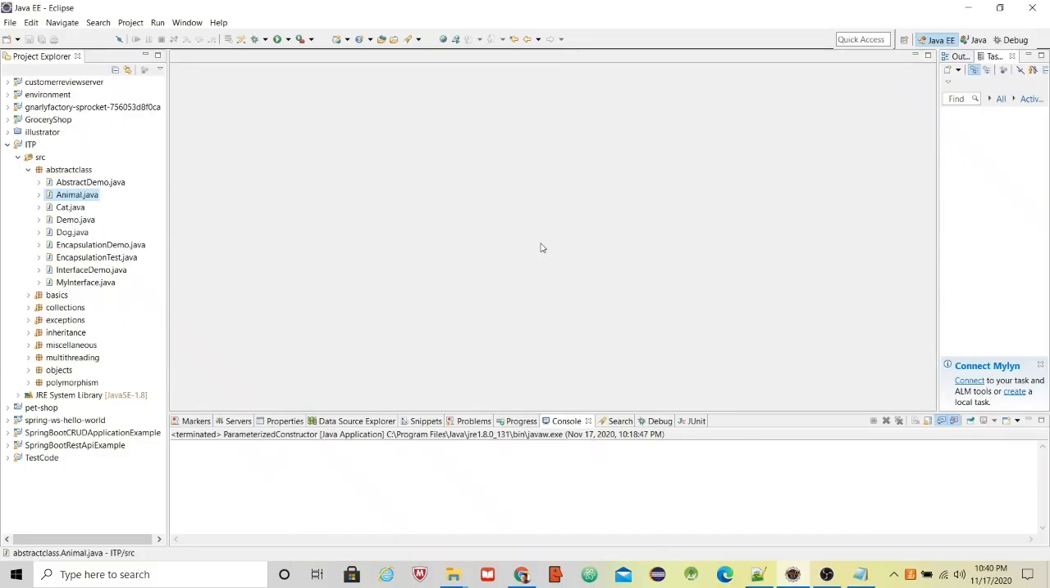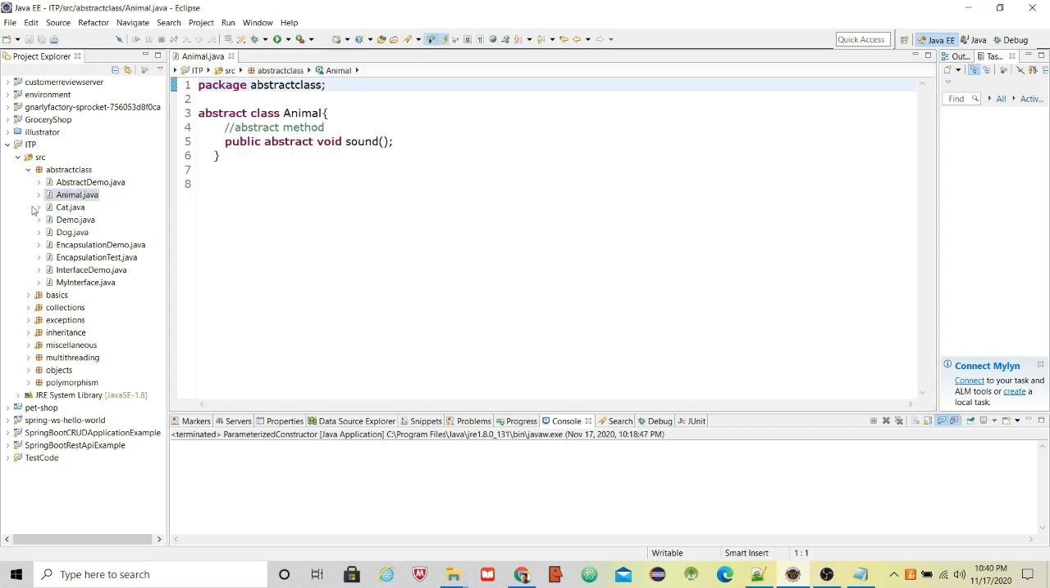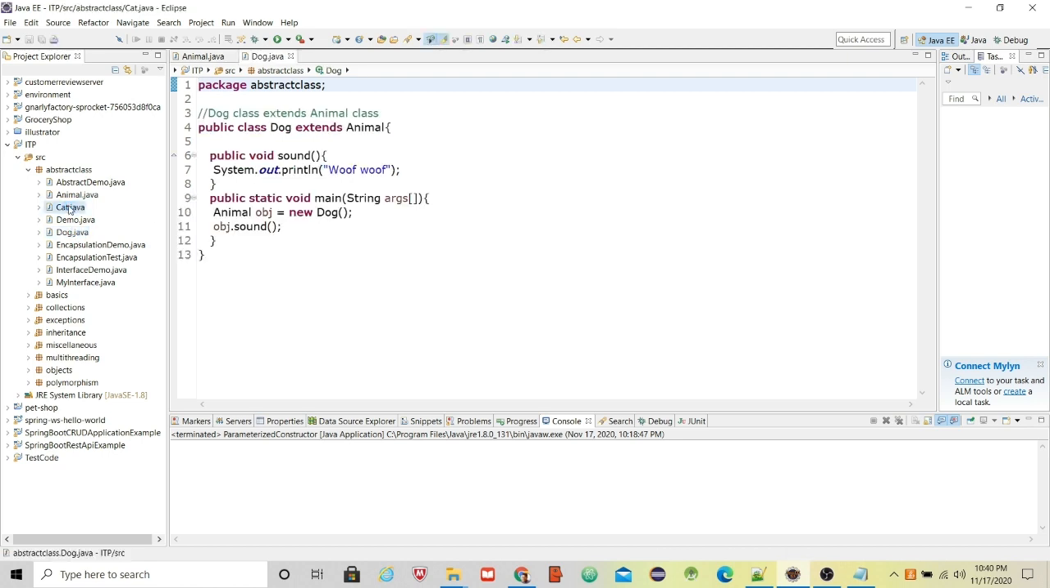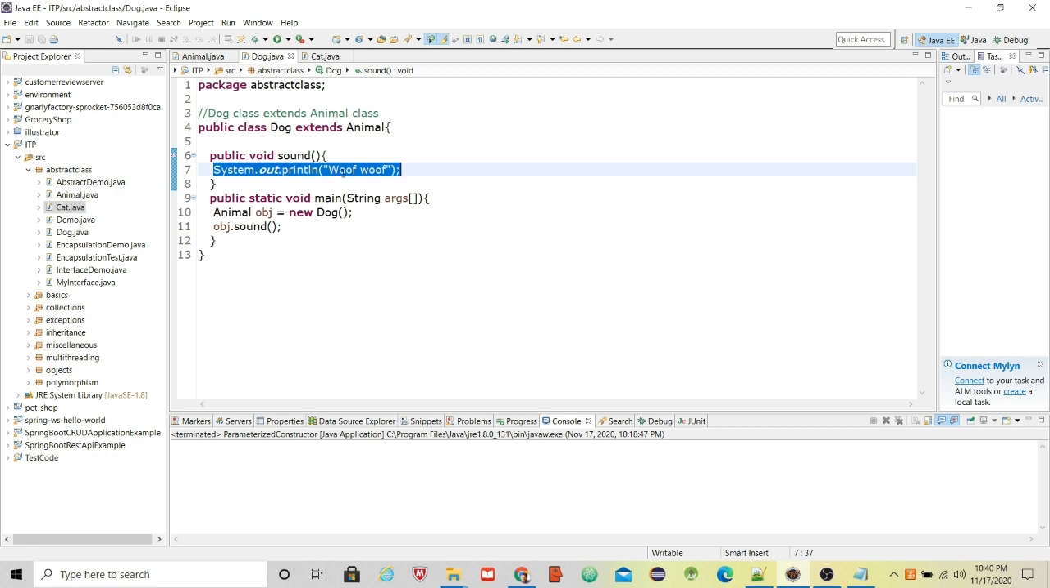Let me show an example of abstract class. Here I have created the Animal class. This is an abstract class where we have an abstract method called sound. Let me open the Dog and Cat classes. Here you can see the Dog class is extending the Animal class and it is defining the sound method with this message. And we have a main method where we are creating an object of the Dog class,